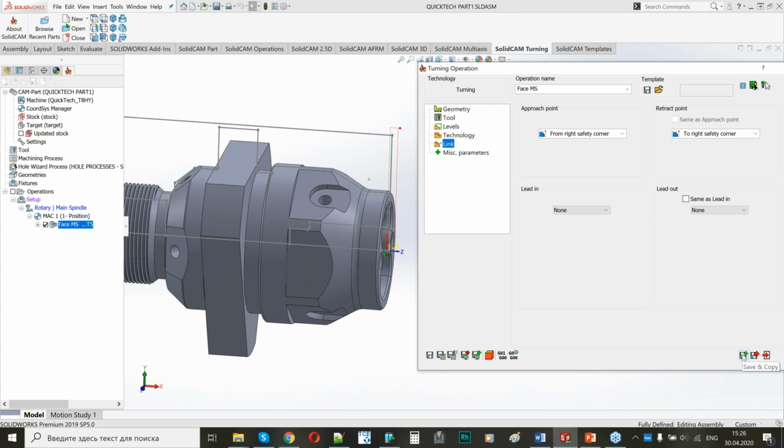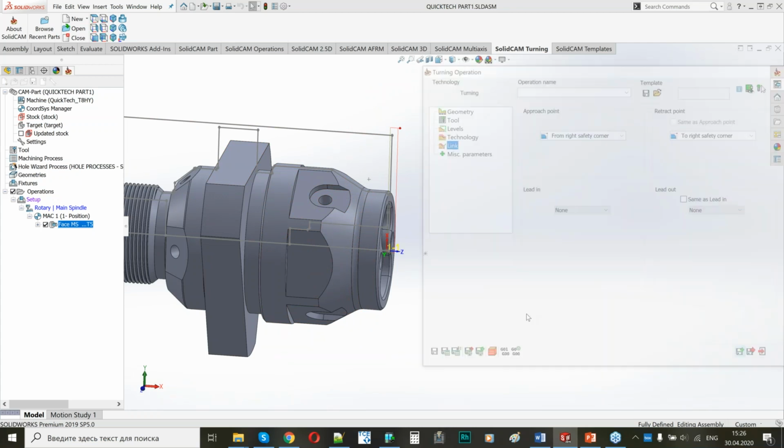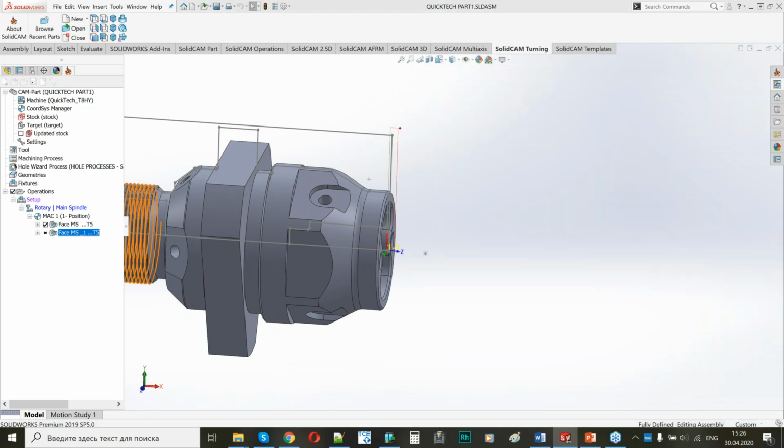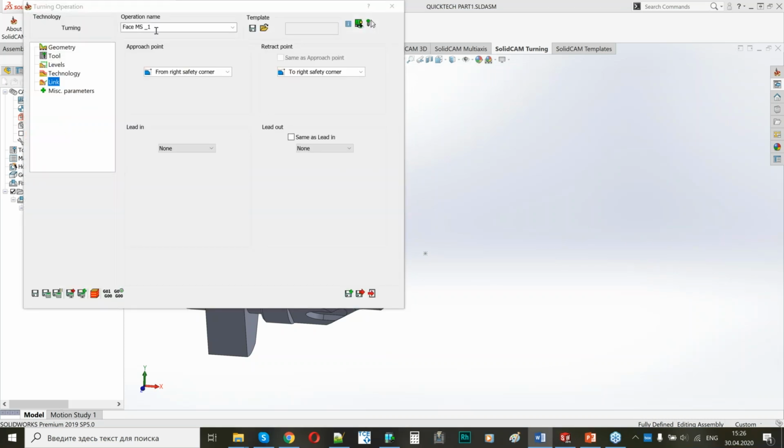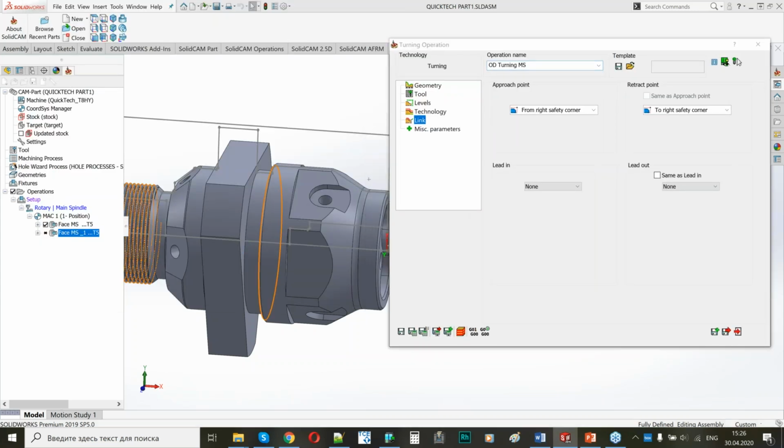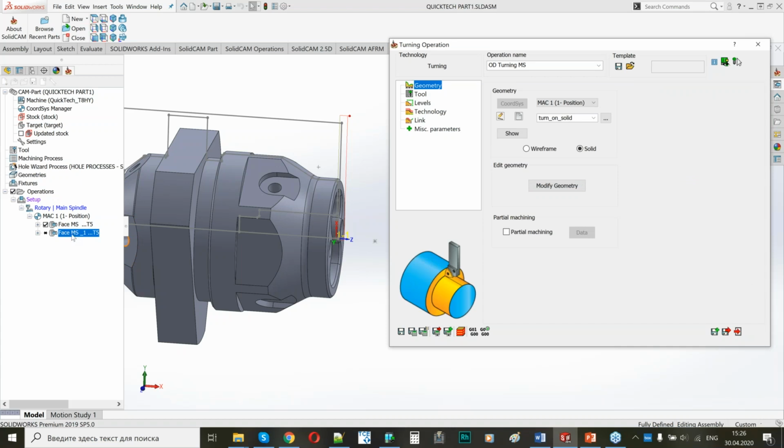And for this, I'm just going to make a copy of the current operation, because I will use the same tool, but I will just change the geometry. So I'm going back to my geometry. I have the second operation inside my geometry, and I will just show you the wireframe method. So to be clear in